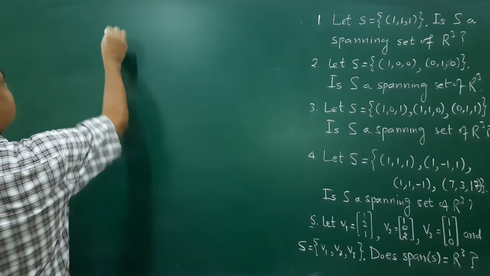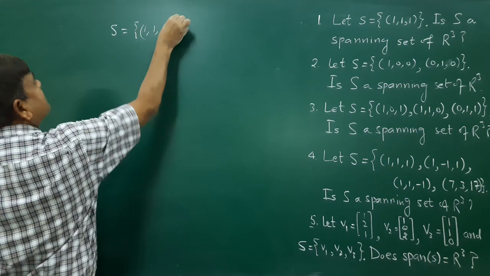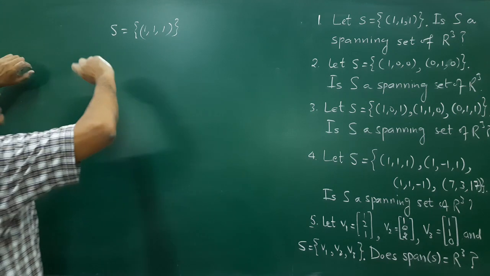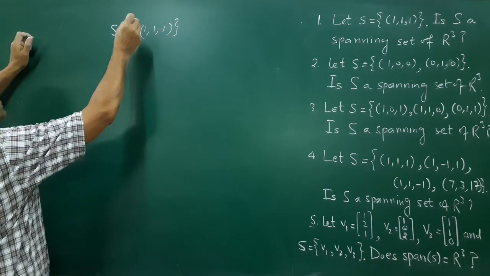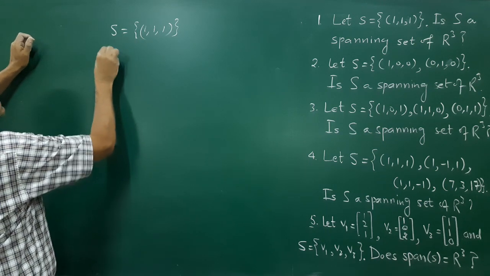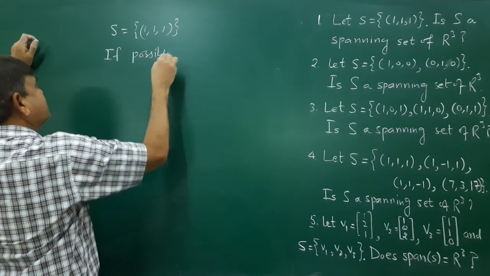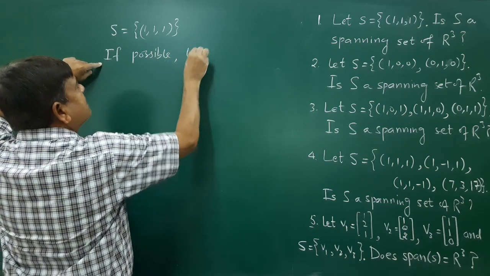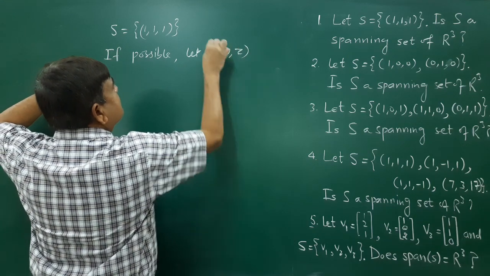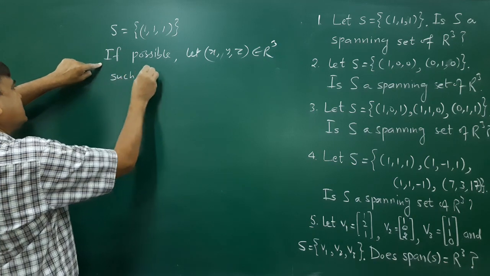S equals {(1, 1, 1)}, is it a spanning set of R cubed? You just see. If possible, let x, y, z belong to R cubed such that